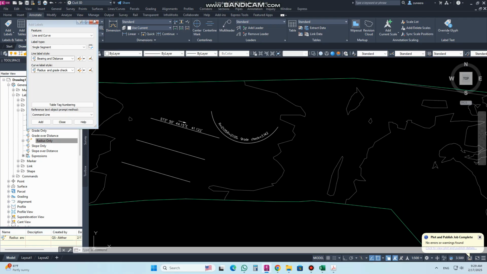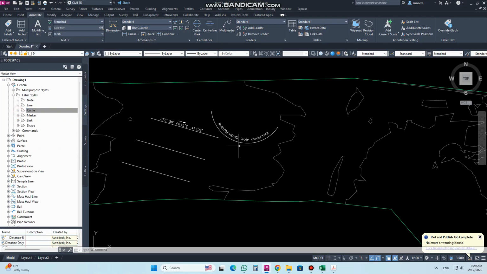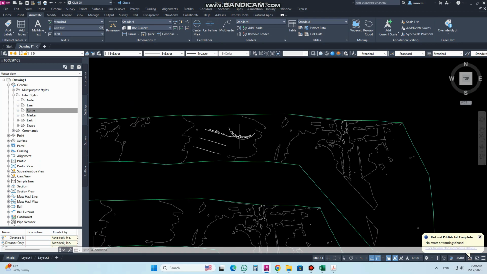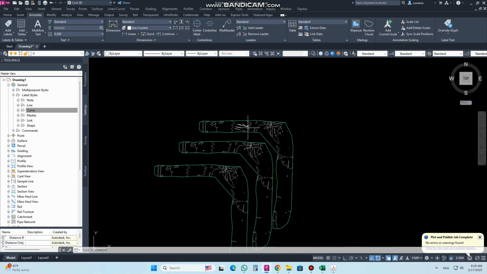So like this you can create your own label where you need. Sometimes we need an extra label for many things, so you can create it like this. So this was